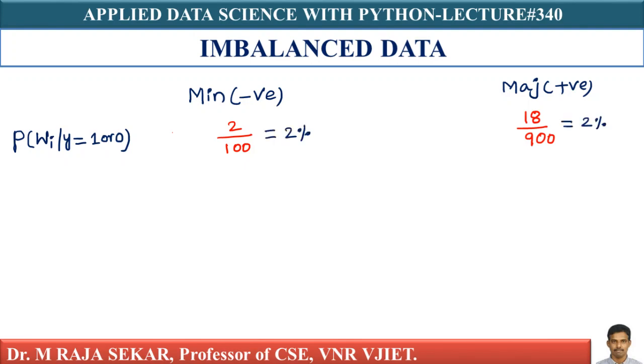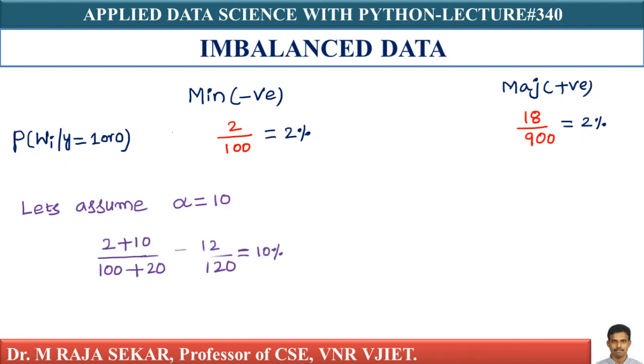If you calculate, both of them equal 2%. Let's assume alpha equal to 10. Now what do I have to do? I am applying Laplace smoothing. I am adding alpha in the numerator and k alpha in the denominator. I am assuming k equal to 2, as a word may be present or may not be present. There are two possibilities. I just add alpha in the numerator and k alpha in the denominator,